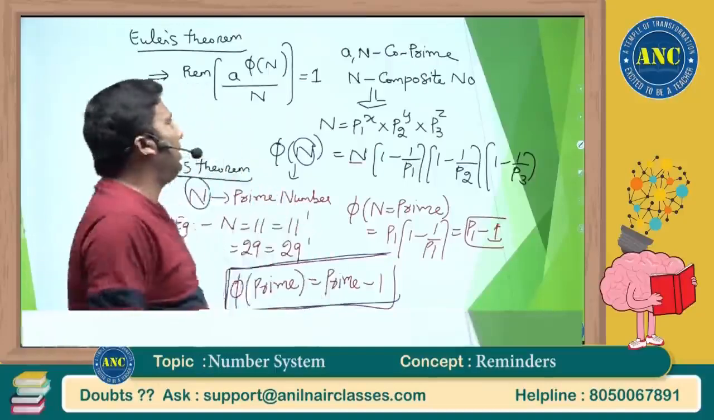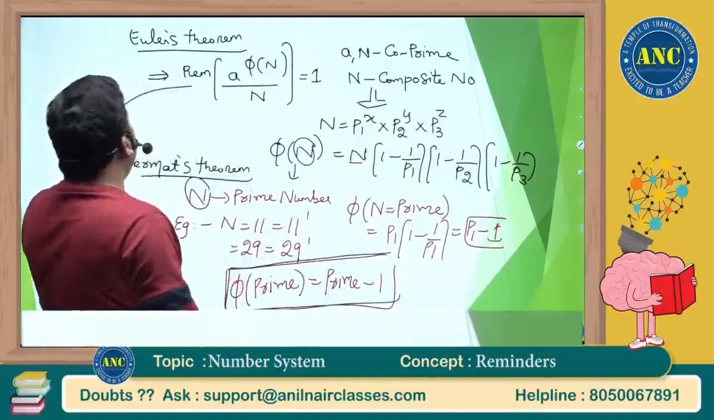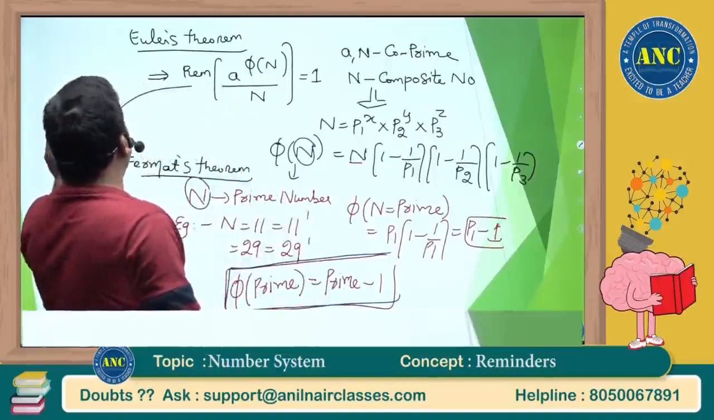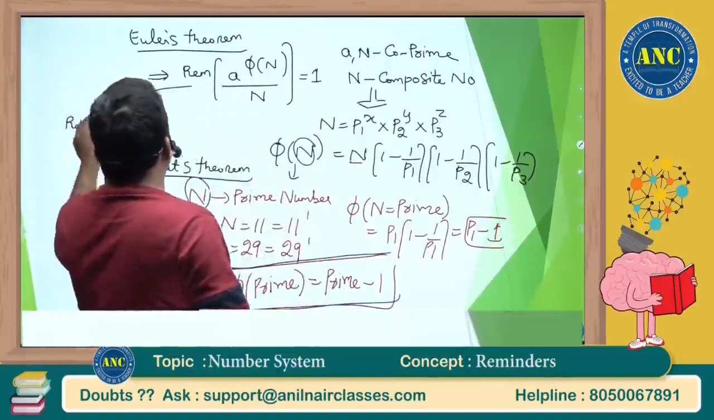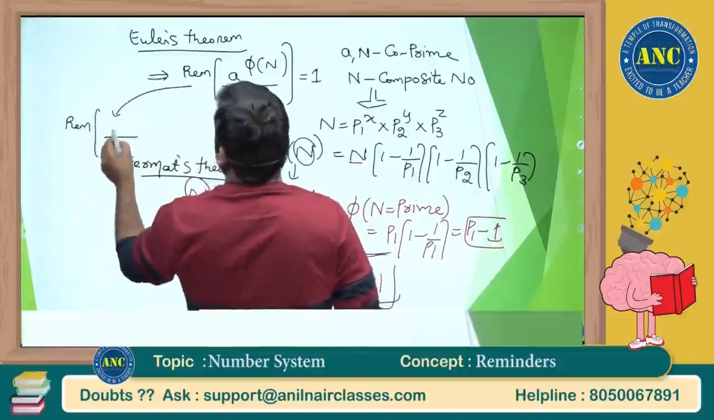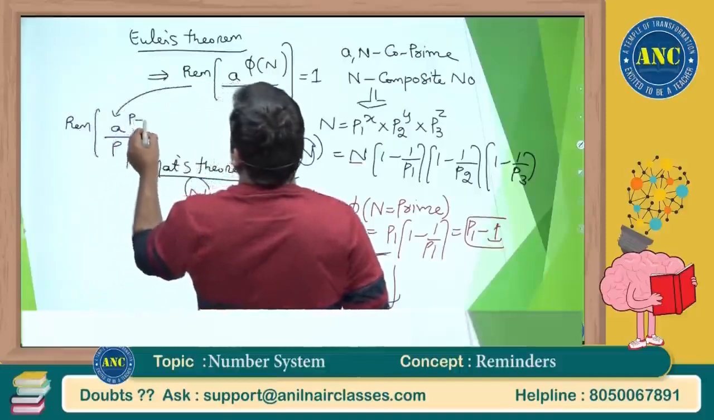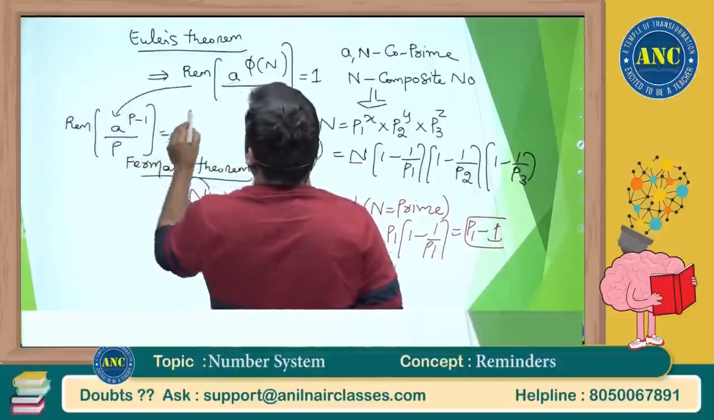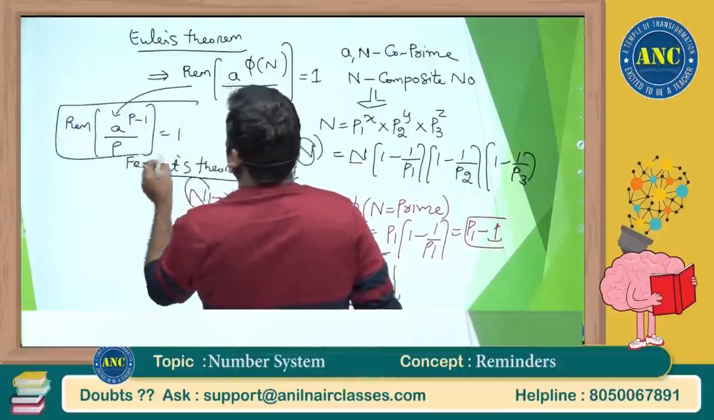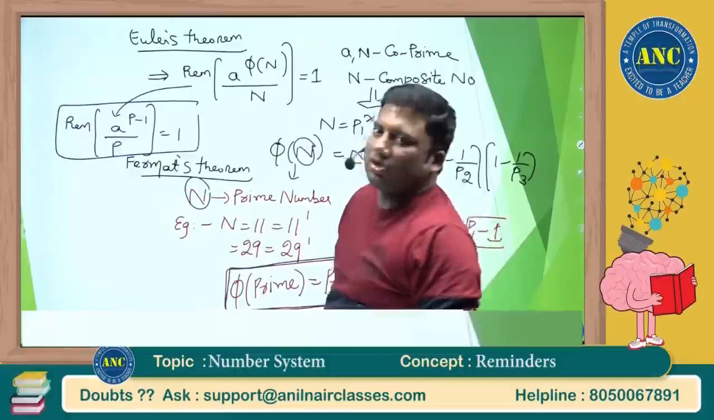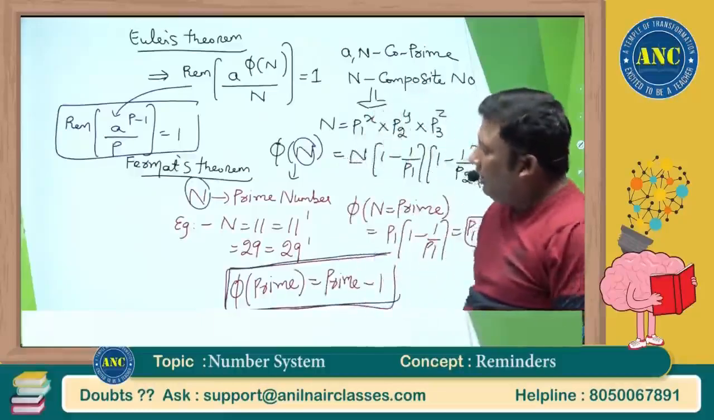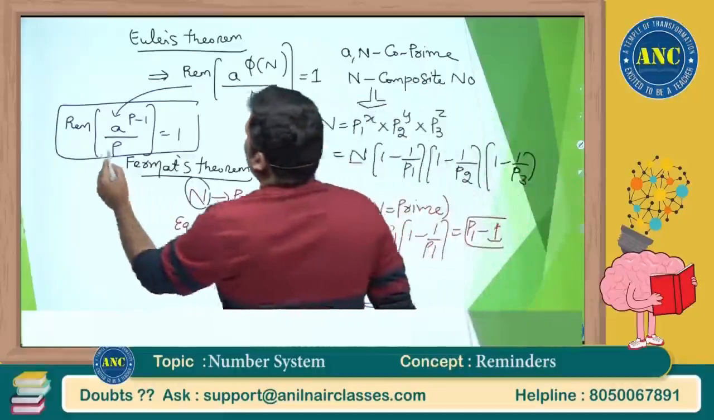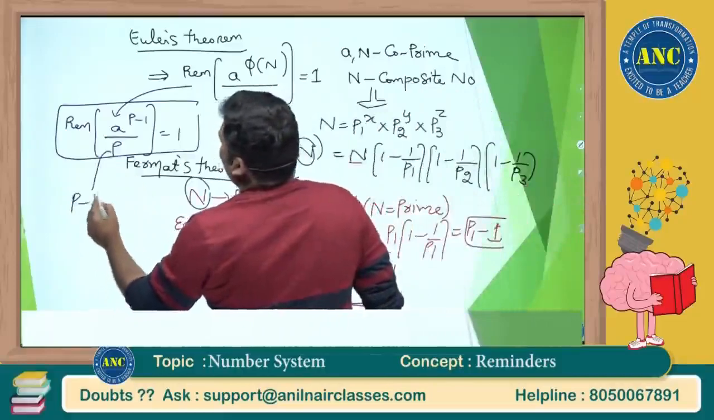Very, very important key point. So in Fermat's theorem, if n is a prime number, it will become a power p minus 1 divided by p, it is nothing but 1. A power p minus 1 when divided by p, it is nothing but 1. Where p is a prime number. Very,